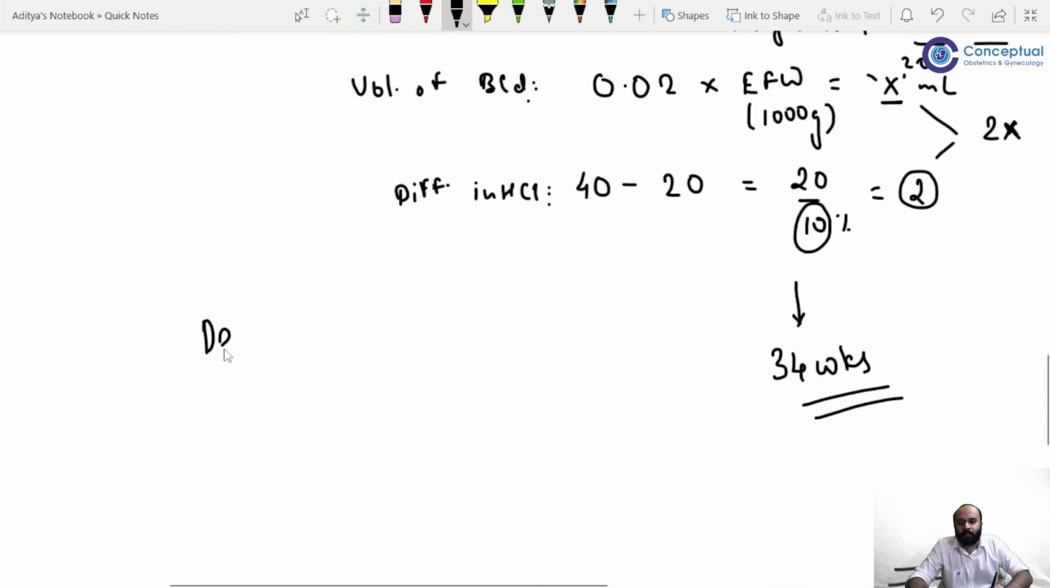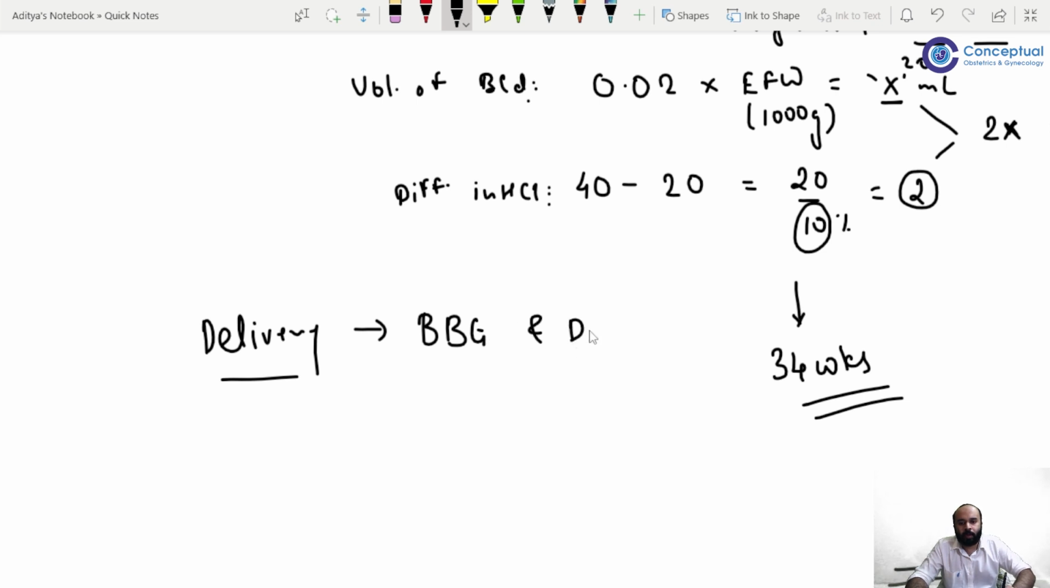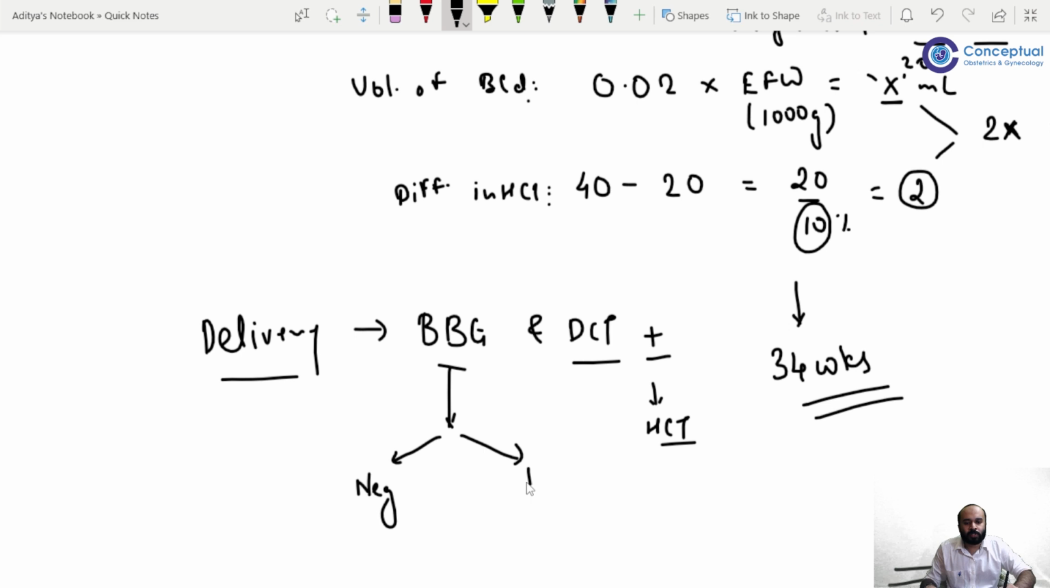What after delivery? Irrespective of whether this intrauterine transfusion was done or not, the first thing that I do after delivery is check the baby blood group and I check the baby's DCT. DCT is basically उसके अंदर antibodies है कि नहीं. If the DCT is positive, then there was hemolysis. Then I check the fetal, that is neonatal now, hematocrit. And then I consider whether I have to give the baby exchange transfusion. Do I have to give the baby blood transfusion? I decide after that. The baby blood group, if it comes to be negative, then I do nothing. But if it comes to be positive,